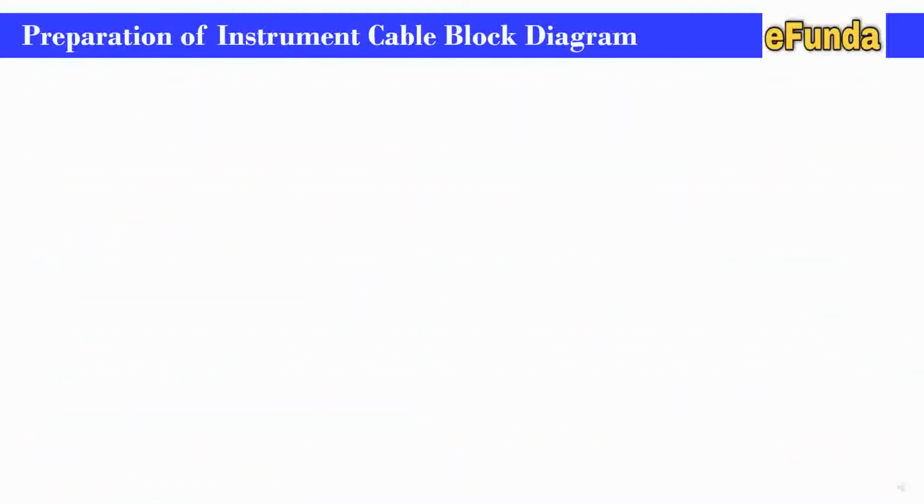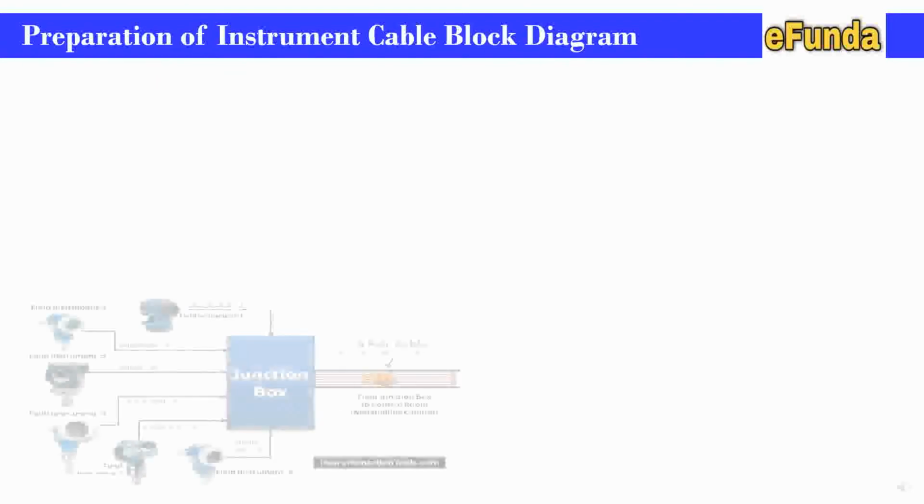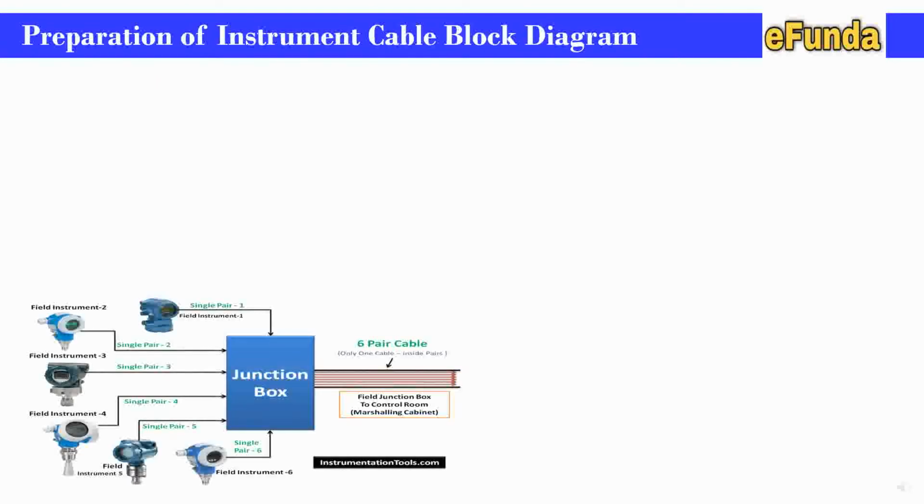Preparation of instrument cable block diagram. One can refer to the below animation where various field instruments are shown connected to the junction boxes and further signal connecting to the marshalling boxes. As one can see in the figure, field instruments 1 to 6 are connected to the junction boxes via single pair cable, and further from the junction box onward it is going as only one cable, that is a 6 pair multi pair cable connected to the marshalling cabinet